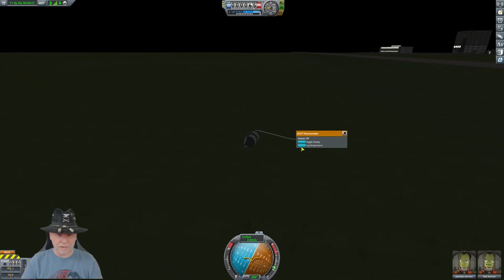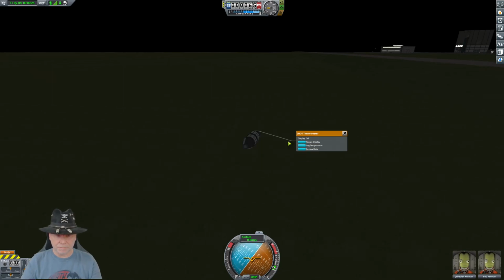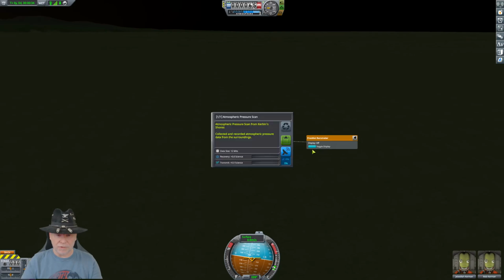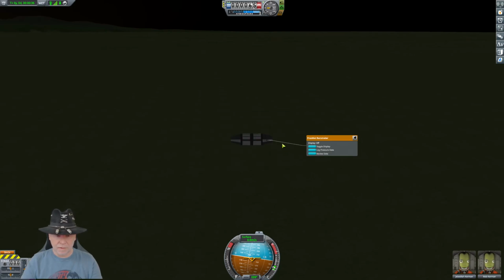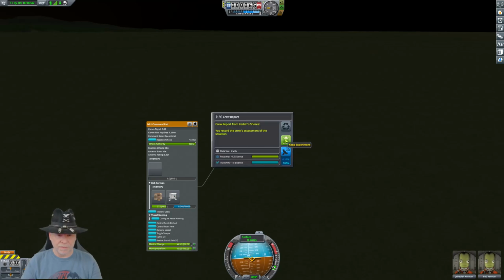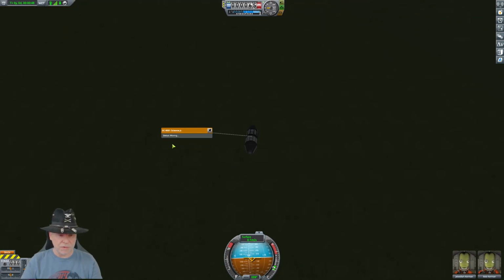Now let's see, if we log the temperature here, we're on Kerbal shore, so let's do that. All right. And now let's get to the pressure barometer and toggle the pressure. Let's get a crew report from Kerbal shores, giving us some more science. And now let's open this guy up, conduct a material study,